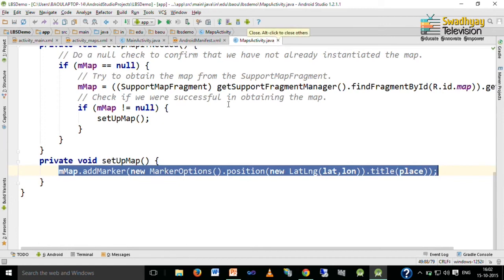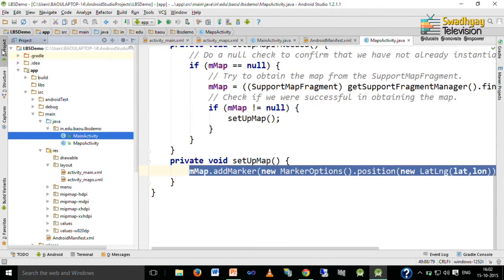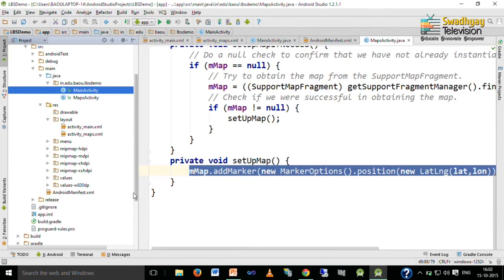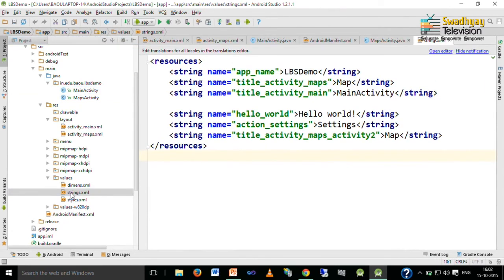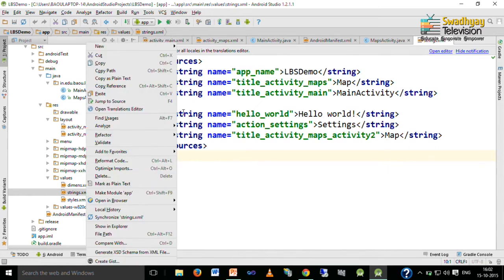Now, we want to specify our API key acquired. Here inside values we have a string.xml file. Now, you cannot see the API key here. So, what you have to do is right click on this string.xml file and then open its editor.